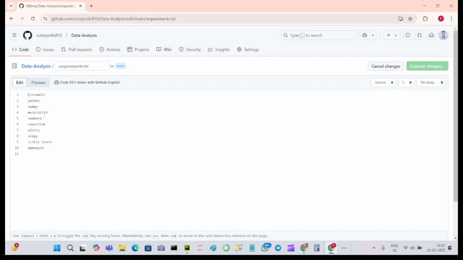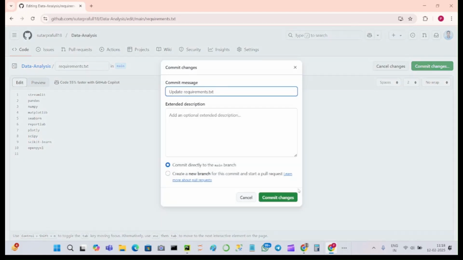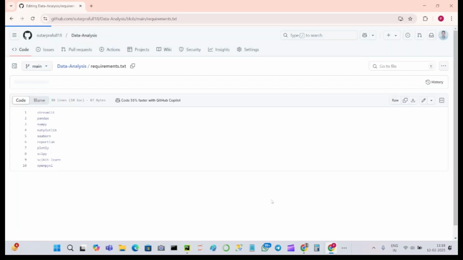So for that we did not want any reportlab or plotly. Okay, we want plotly, but we did not want scikit-learn, scipy, or openpyxl. Let's leave it as it is. Then I'll use commit changes. Then to upload our